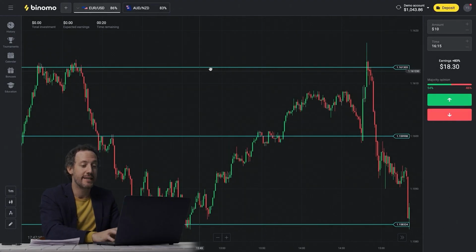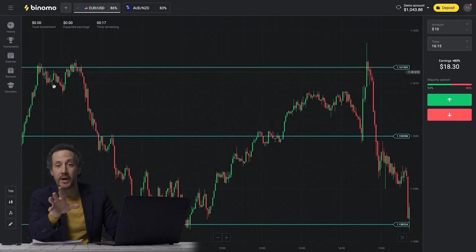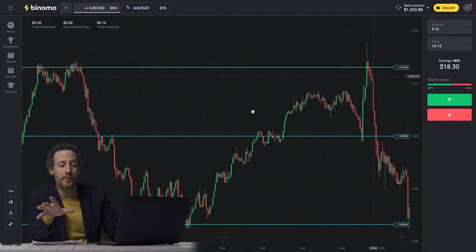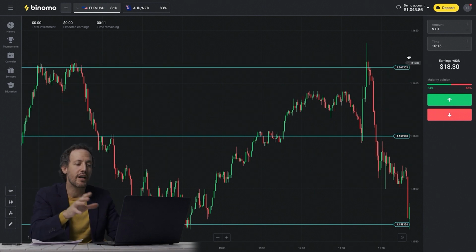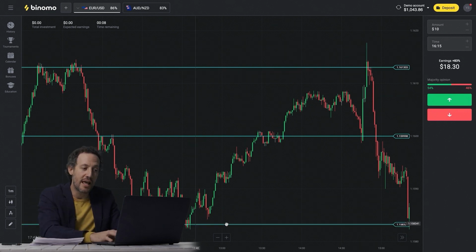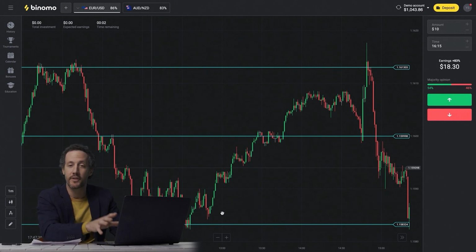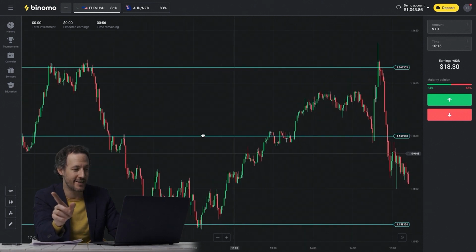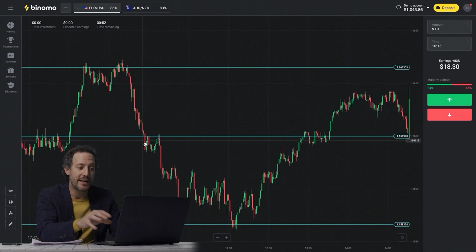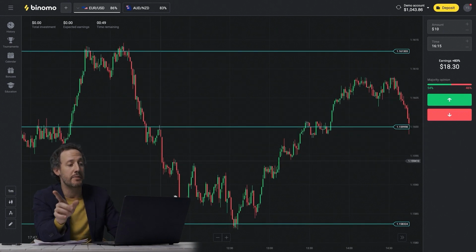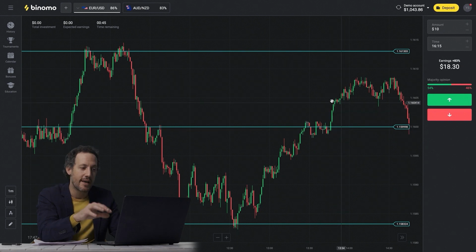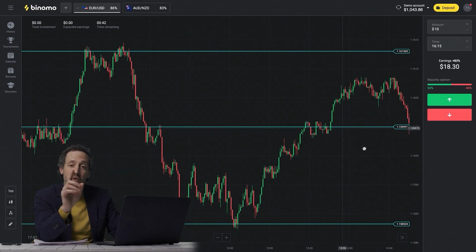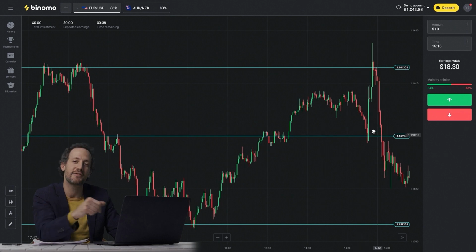The first one is the resistance level, from which the price reverses and does not allow it to grow. Build such a level on the local maximum of the chart. The support level is the second one, that seems to support the price and not let it go down. On the chart, put them onto the local minimums. And the third one, the last one, is the mirror level, that the price broke through earlier and now gives it a rebound, but from the other side. Any resistance level becomes a support level, a mirror level, and vice versa.